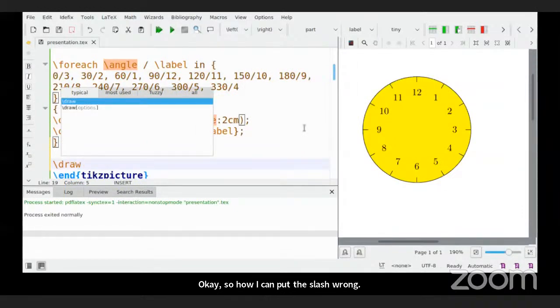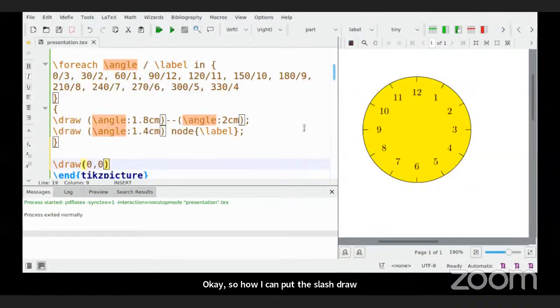I have to draw from 0, 0 to, say, 120. Okay, the angle 120 is to 0.8. So this is my hour angle, hour hand,